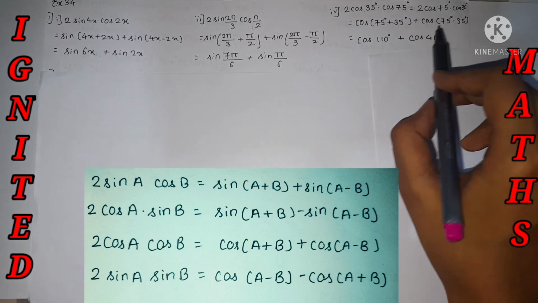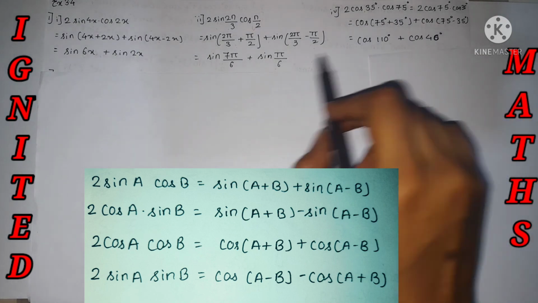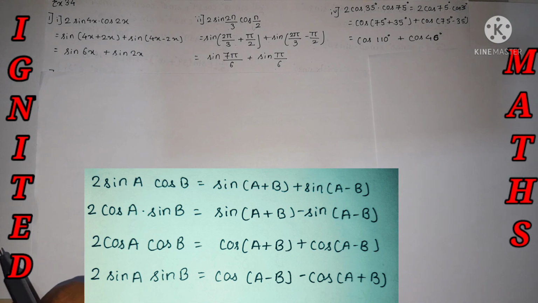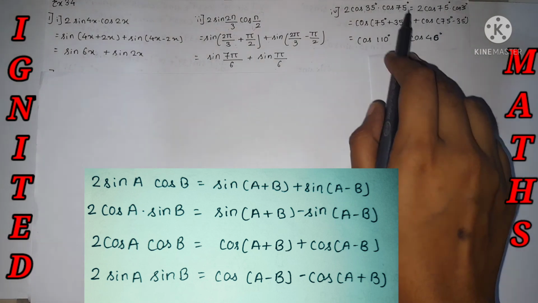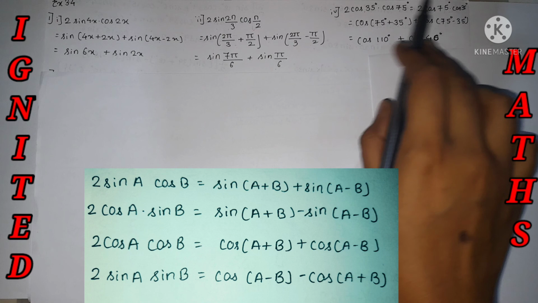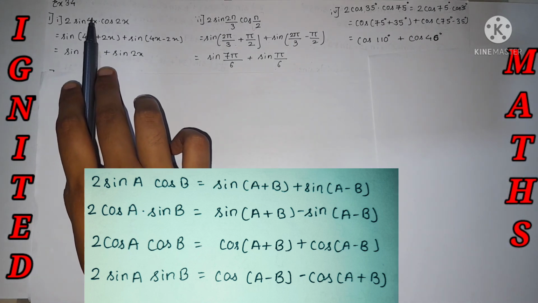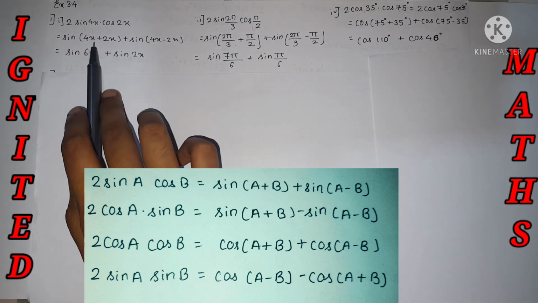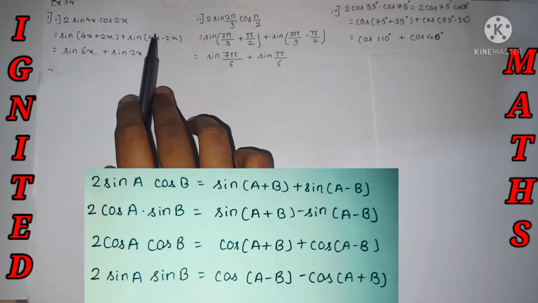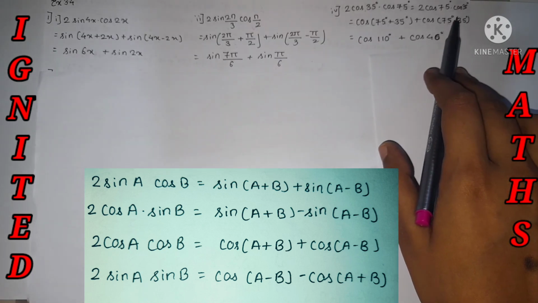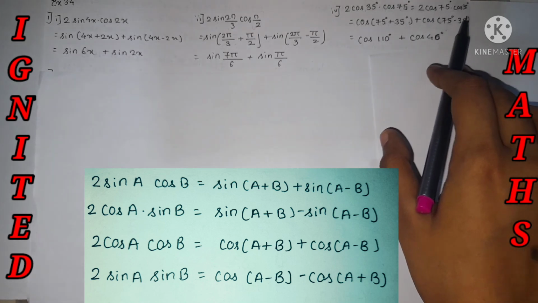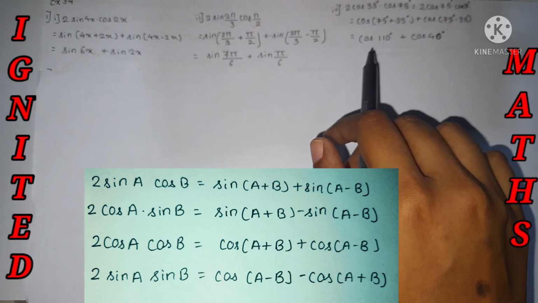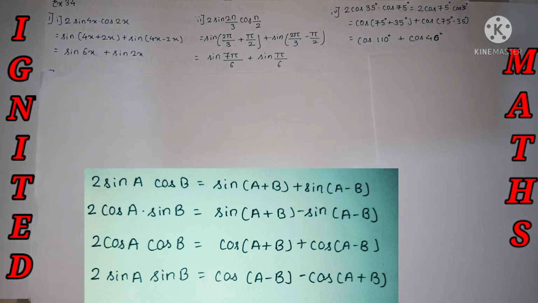I have taken it this way because while doing the subtraction, we can't subtract the larger term from the smaller term, 35 minus 75. That's why I have rearranged it as 75 minus 35. Compared to the first sub question, where it was 4x and 2x, so 4x plus 2x and 4x minus 2x is applicable, but over here 35 minus 75 is not valid. So take the larger term subtracted by the smaller term and we will be getting the answer as cos of 110 plus cos of 40 degrees.